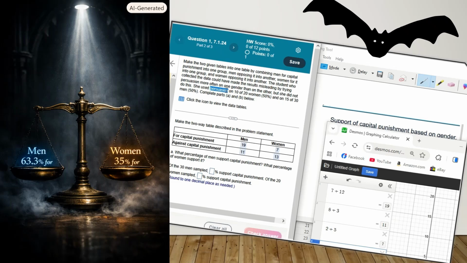But here's the idea of what persuasion is. Just think of persuasion as a treatment. So here it is. The student who collected her data could have made the results misleading by trying persuasion more often on one gender than the other, but she did it on 10 out of the 20 women and 15 out of the 30 men. That's fine, as you've got an equal proportion and you're equally distributing your treatment. So the non-persuasion ones would be